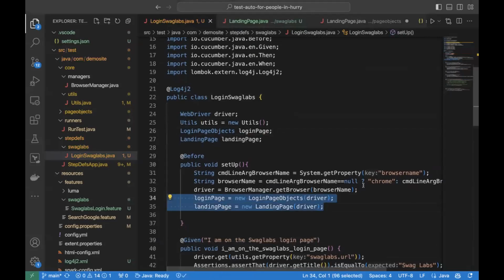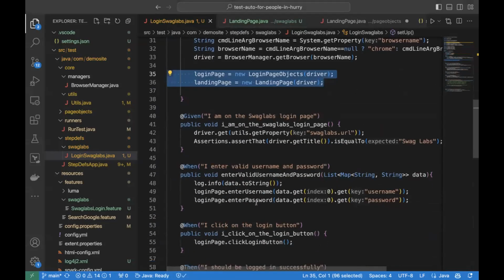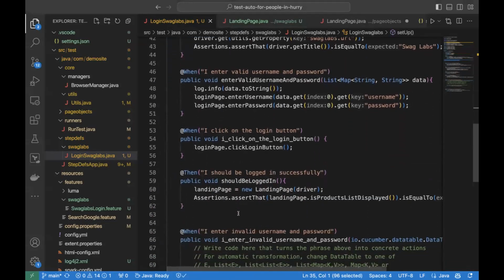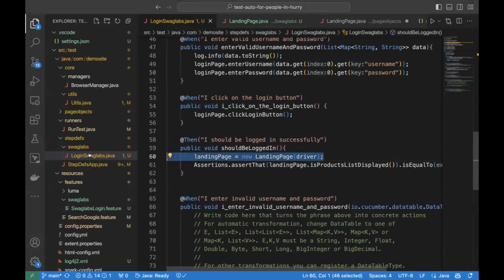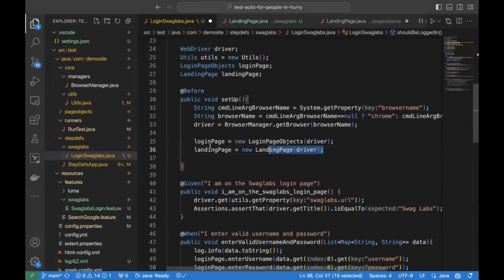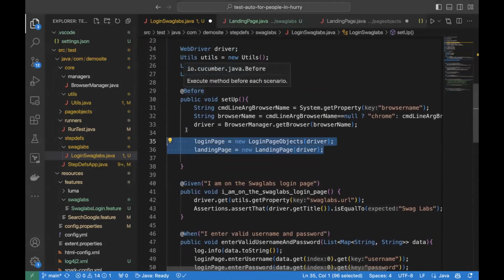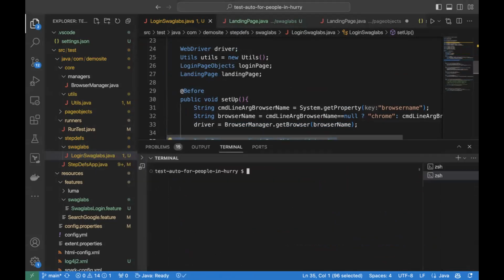Okay, so now in the setup, I am doing the initialization of the page objects also. Then I had initialized it somewhere here also. I don't need this because I have done this there. So all the initialization of the page object model, make sure you do at the top in the before or wherever, but you have to make sure that driver is initialized first. Right, okay. Once it is initialized, only then you can initialize your page object model files. Okay, so now if I do this again,